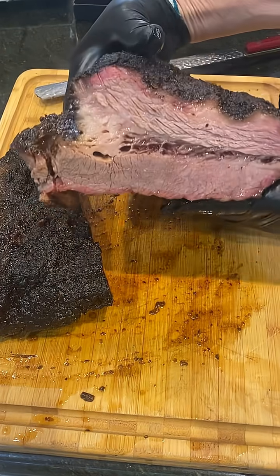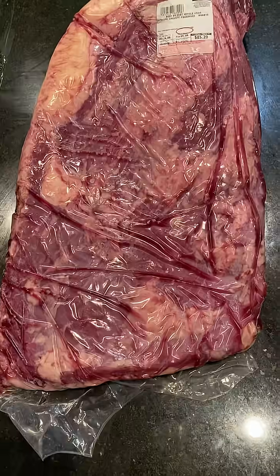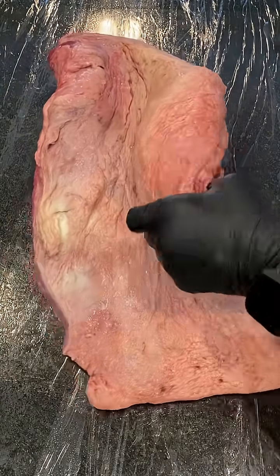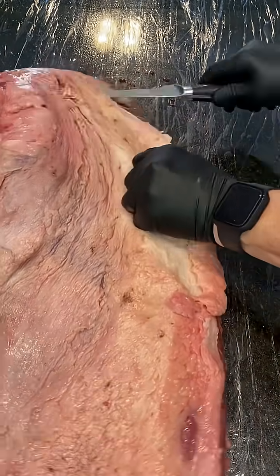In this edition of Strongberg Epicurean Smoking Fridays, we're going to be preparing this lovely smoked juicy brisket. I picked up a 14-pound prime brisket from our local Costco. I'm trimming off the fat to within 1/8 of an inch and 1/4 of an inch in thickness across the